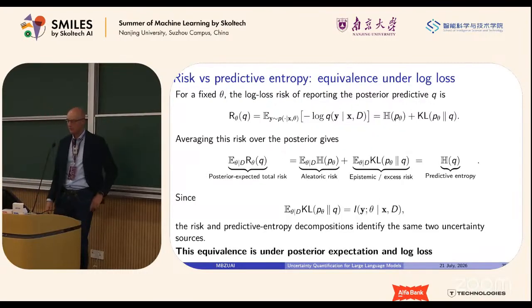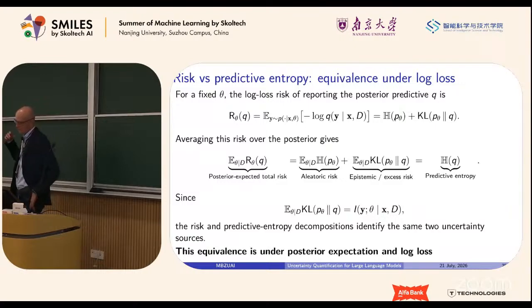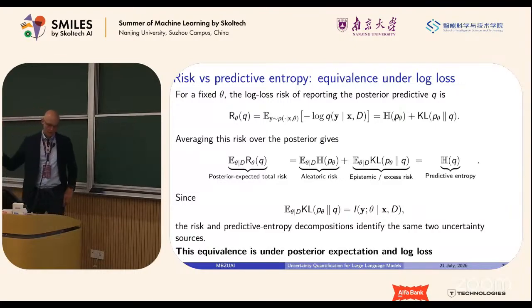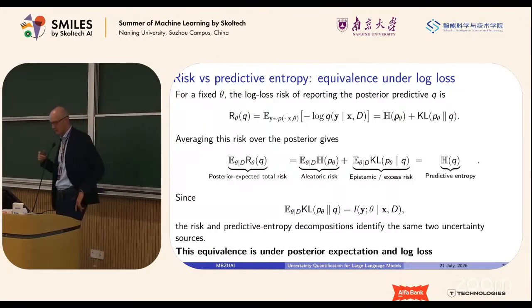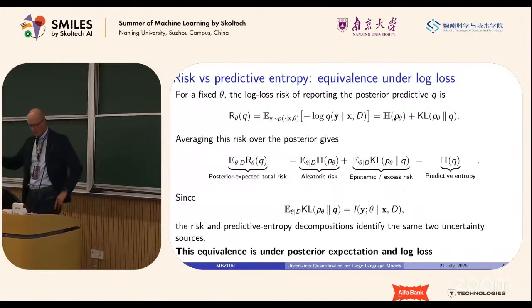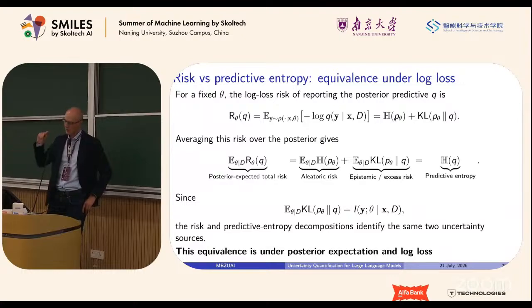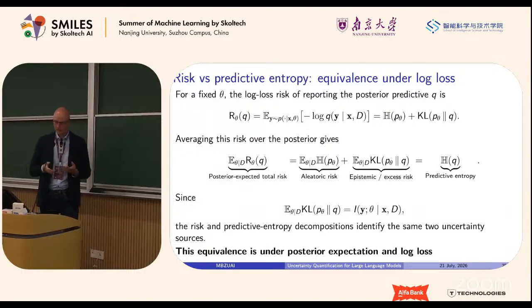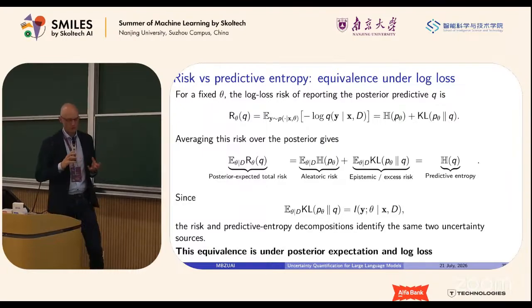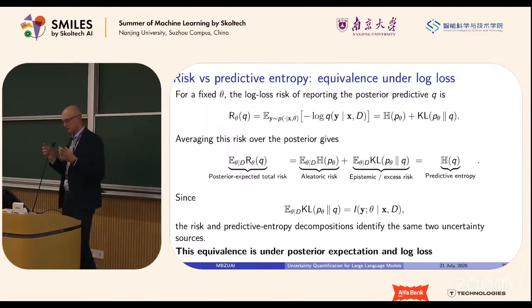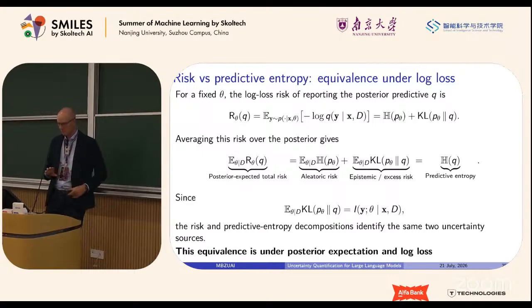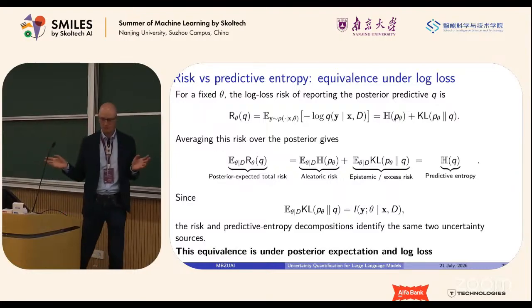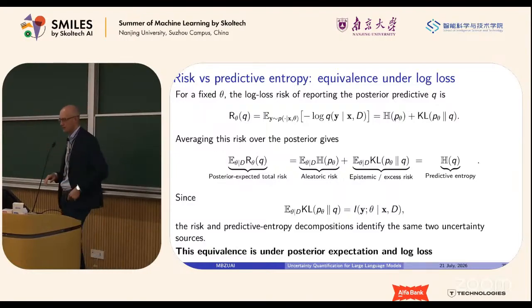And actually, if you define the loss in your definition through total risk and Bayesian risk as the log loss, then basically these two definitions align, under the assumption that the probability distribution approximated by your model is very similar to the real distribution. So we can think of these two definitions, through the risk or through the entropy of the predictive posterior, as more or less equal under certain assumptions.